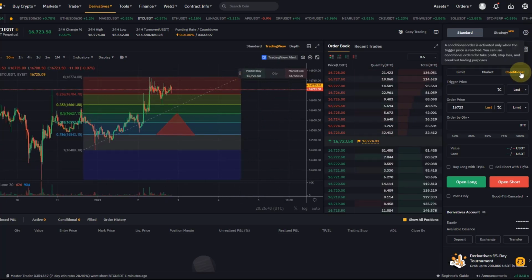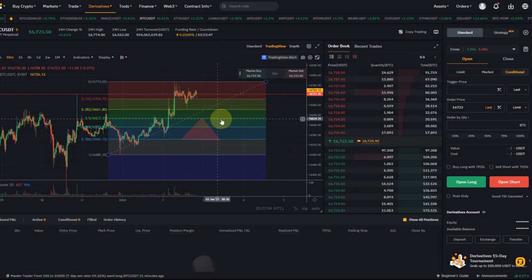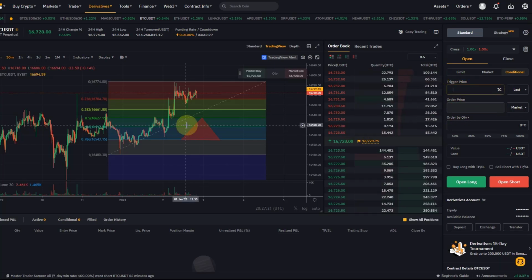I can use the conditional orders for that, and I can say to the system here on Bybit that I want an order to be placed if a certain condition is met. And what would the condition be? Well, for example, I could say we've got this area here where the triangle is sitting in. If we reach the 16,627 level, I want an order to be placed straight away. So I could just use a market order, and I could say the trigger price when I want it executed long is